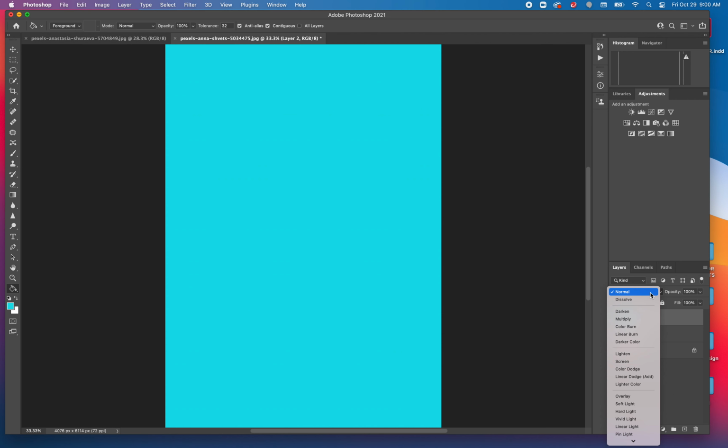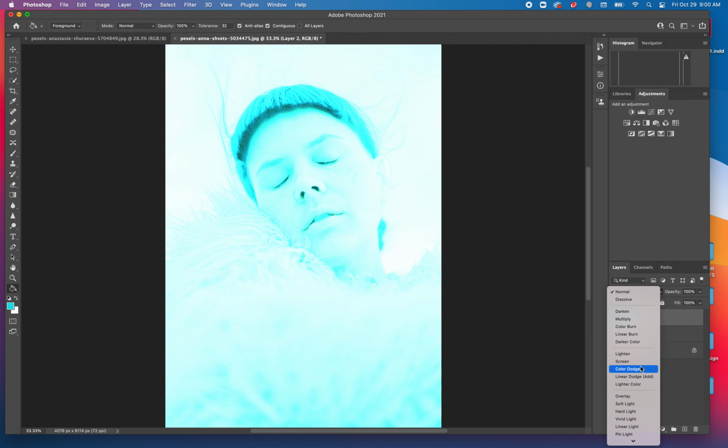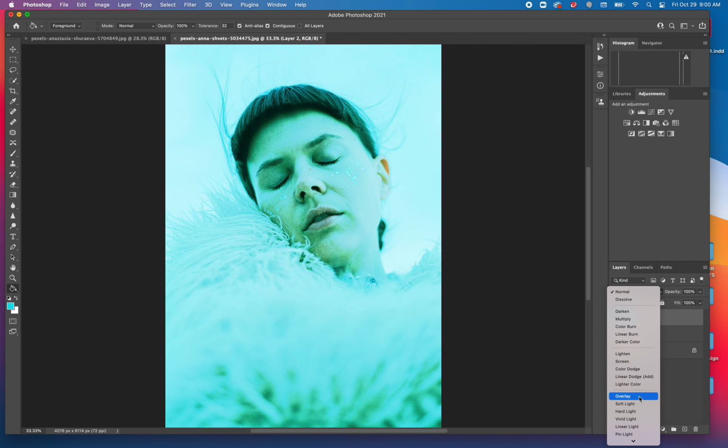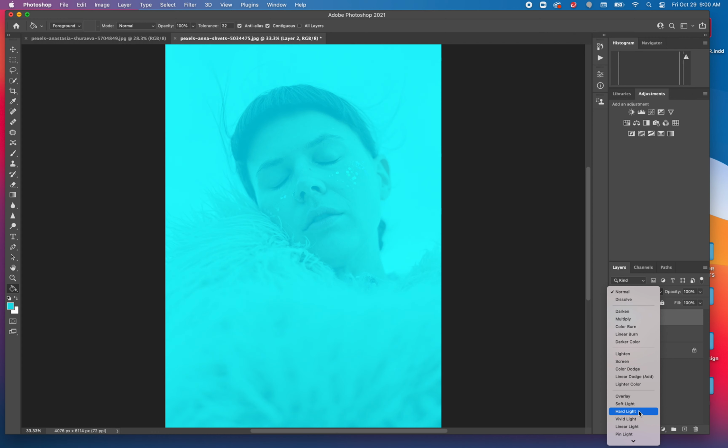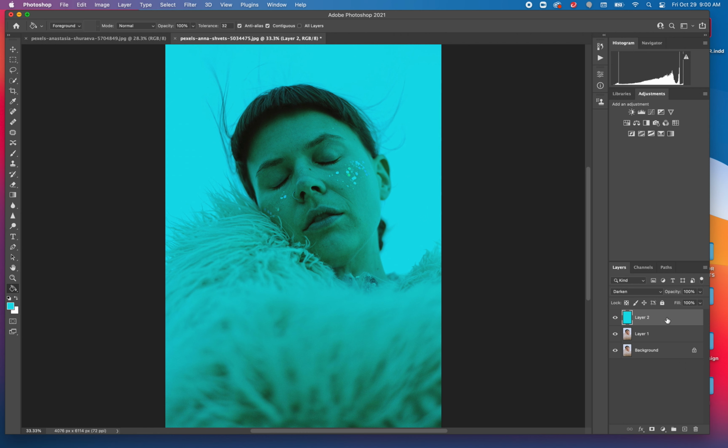Then I'm going to go to my blending modes and pick whichever one I like. It looks good to me. I liked this dark in here. Okay, now we are going to hit your layer mask. That is the rectangle with the circle. Then you are going to hit B for brush. Make sure that your black is on top and go ahead and paint out the areas that you would rather not have